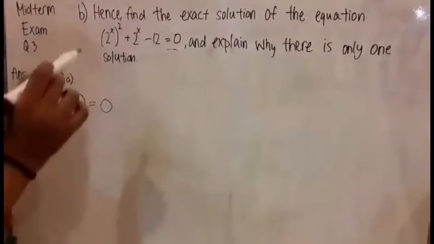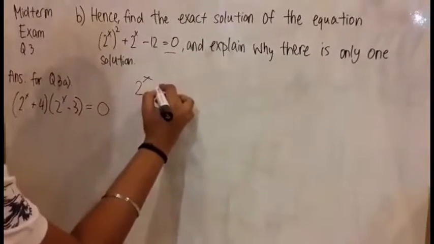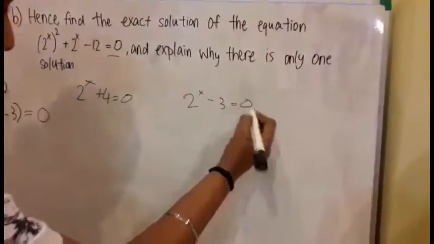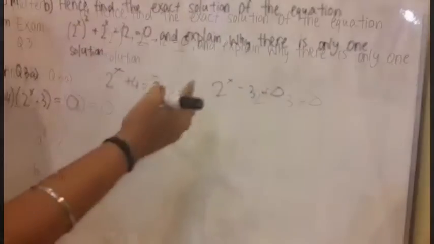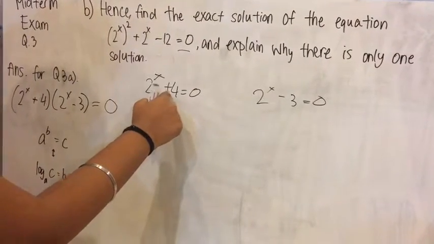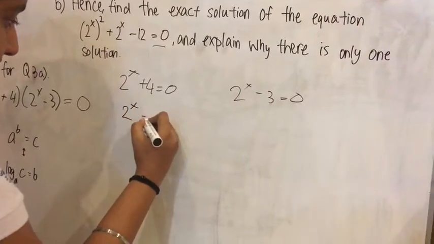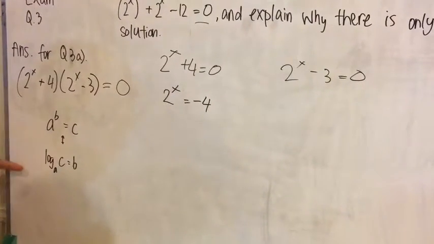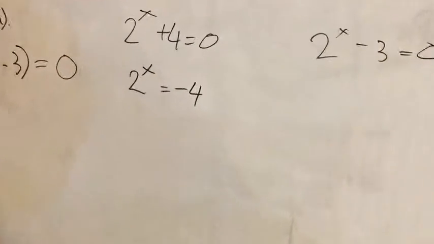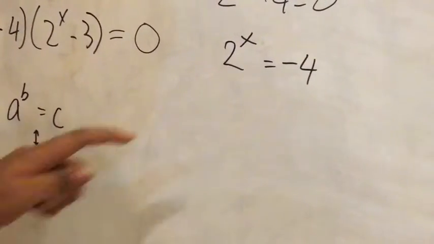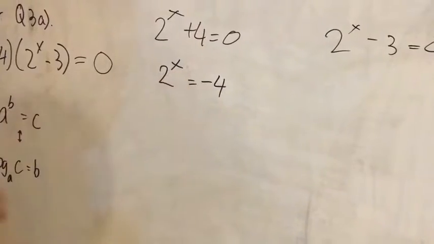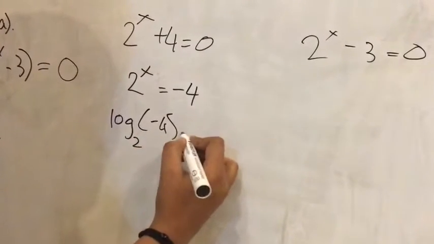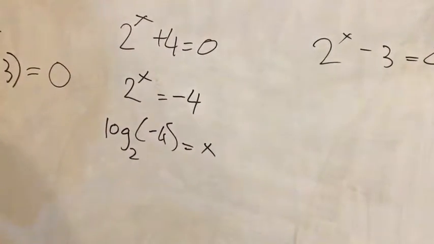So we can split it into two parts, and it would be 2^x plus 4 equals 0, and 2^x minus 3 equals 0. So we can continue to solve for x. To solve this, we can move the 4 to the other side, and this is the property for exchanging between exponential and logarithmic form. So we can change this into logarithmic form to find the x. So it would be log of negative 4 to the base of 2 equals x, and we can put this in our GDC